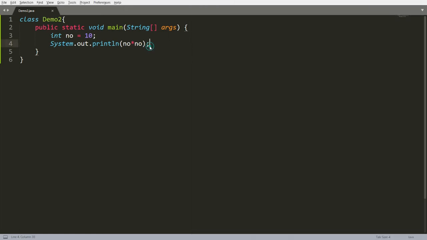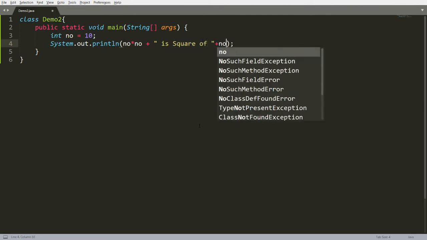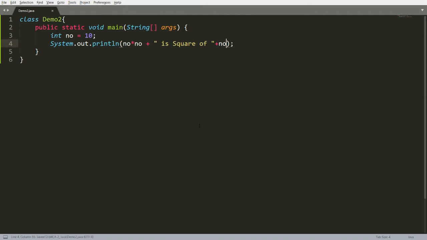Can we do this? Yes. If you want to concatenate, you can write plus, and whenever you write plus, your value will be concatenated. For example, "is square of", and I'm writing number, that is the given number.